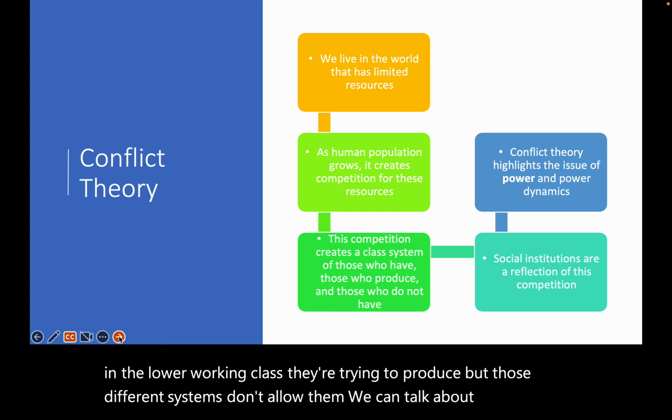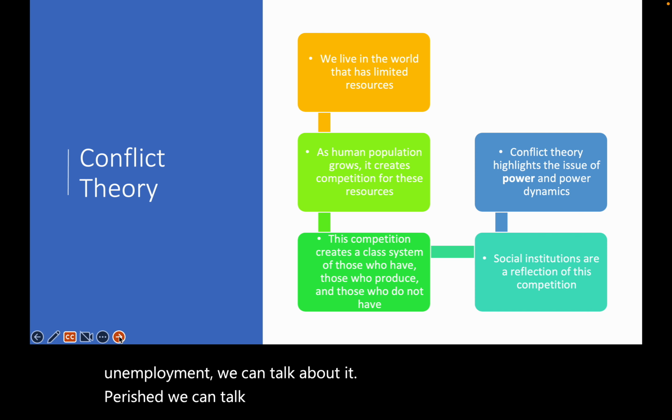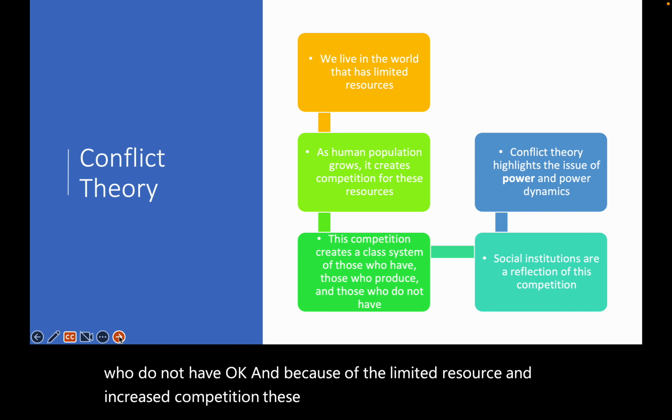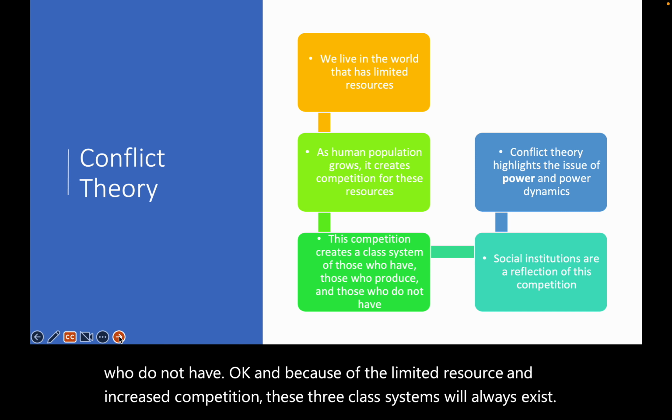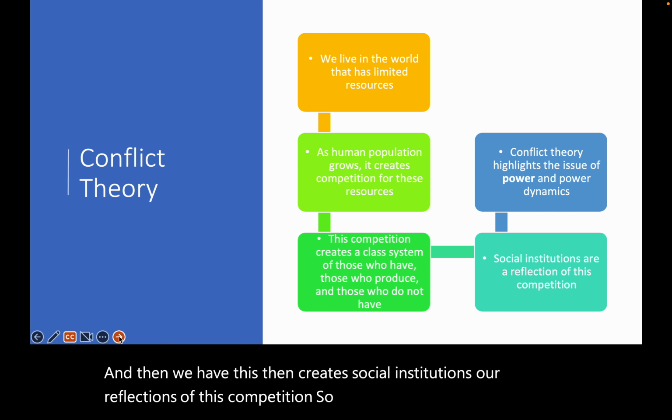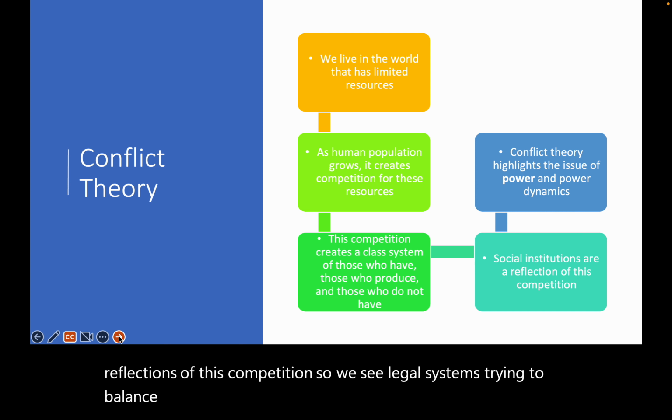We can talk about those who are impoverished. We can talk about homelessness when it comes to those who do not have. And because of the limited resources and increased competition, these three class systems will always exist. This then creates social institutions that are reflections of this competition. So we see legal systems trying to balance this out, or even creating more divisiveness and separation